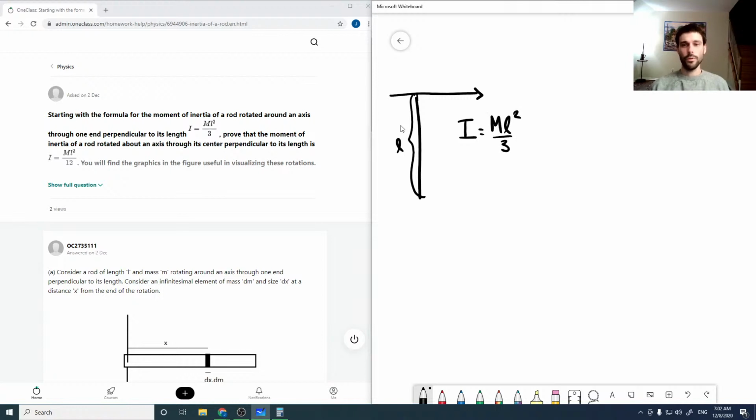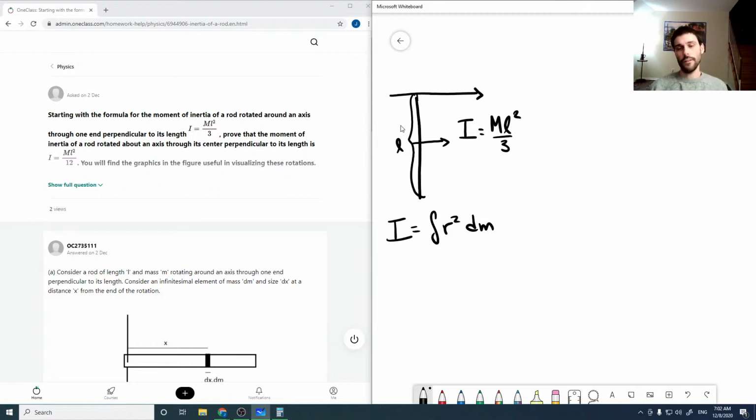And it wants us to prove that the moment of inertia rotating through its center and perpendicular to its length is ml squared over 12. So we can just do the same trick as in a previous lesson and use that I is the integral of r squared dm